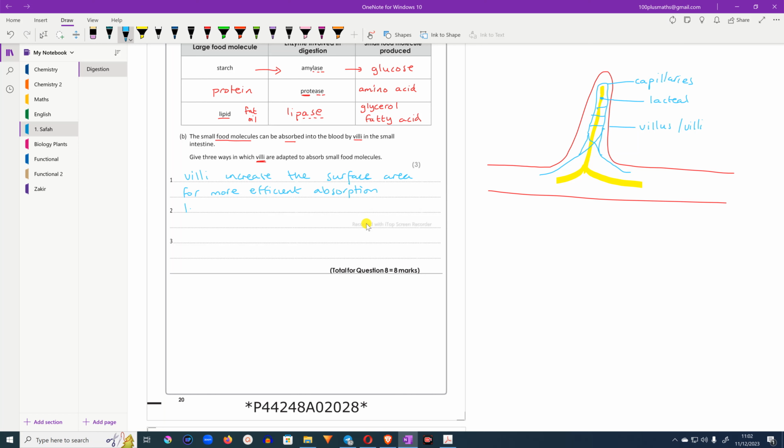You have a lacteal in the center. And what does that do? That absorbs lipids and it enters the lymphatic system. Right, you've got villi, lacteal. You have a network of capillaries,